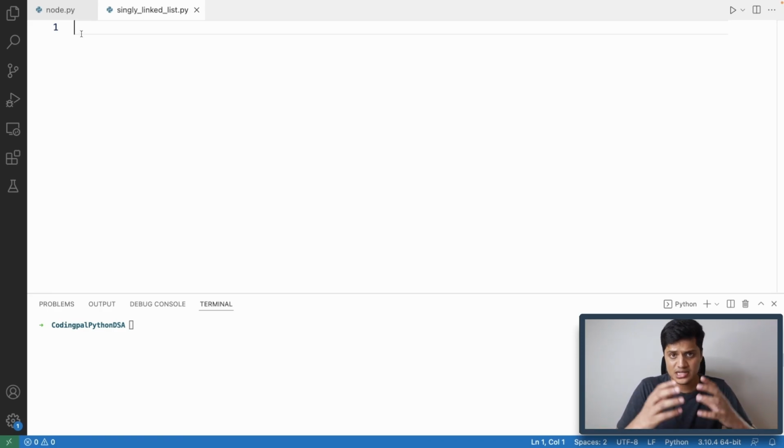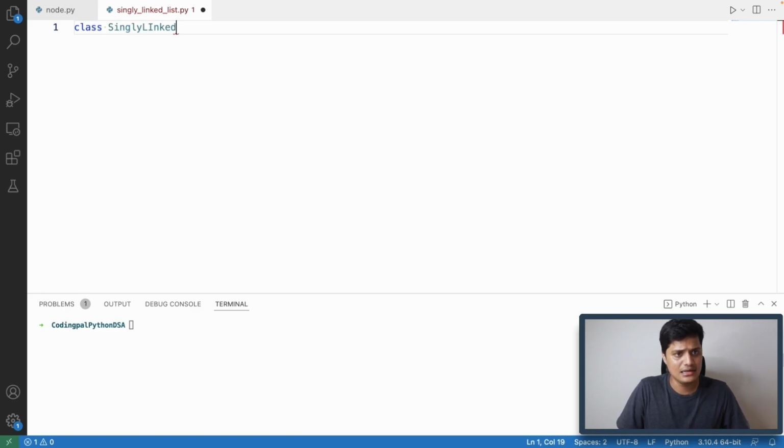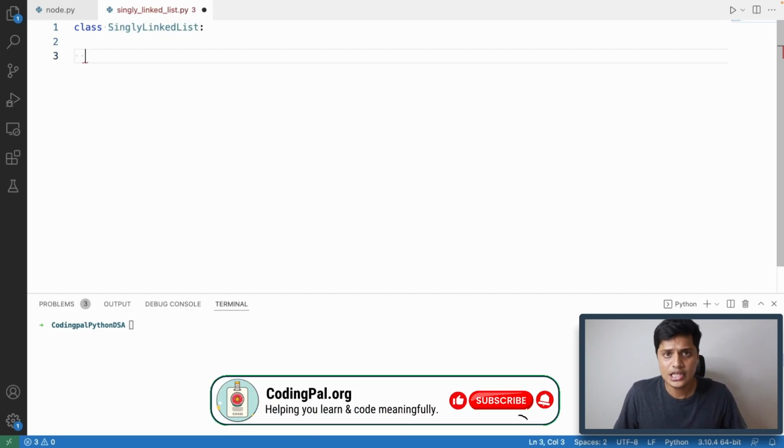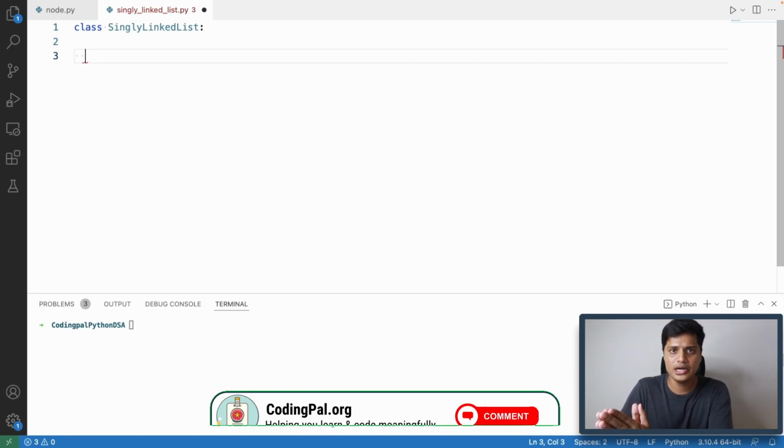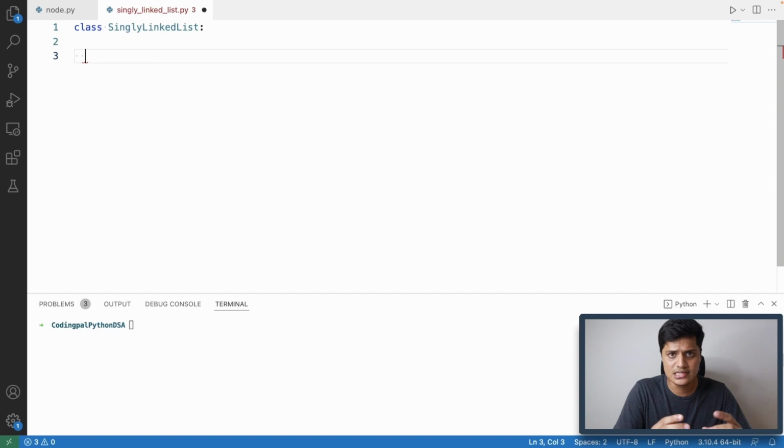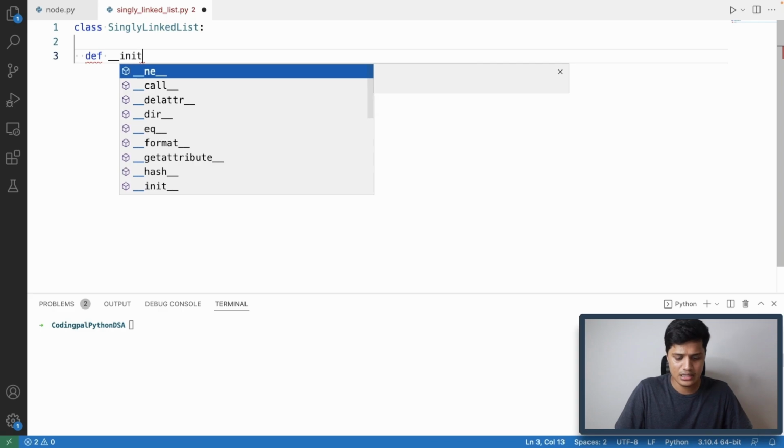So to represent these three values, what I will do is I'll define a class. Let's call the class SinglyLinkedList. In this class, when I create the object, I basically have an empty singly linked list. That means head will be pointing to null, tail also will be pointing to null, and the length will also be 0. So to initialize such an empty object, I will use the init method